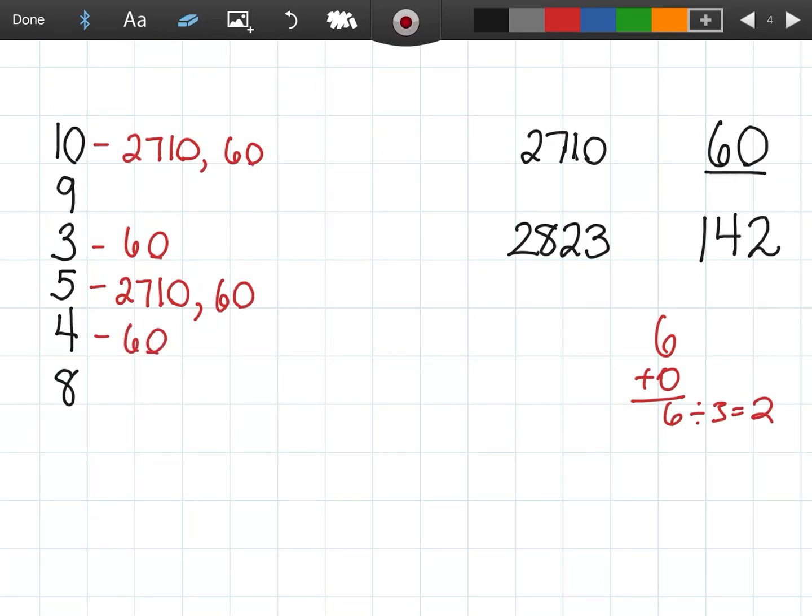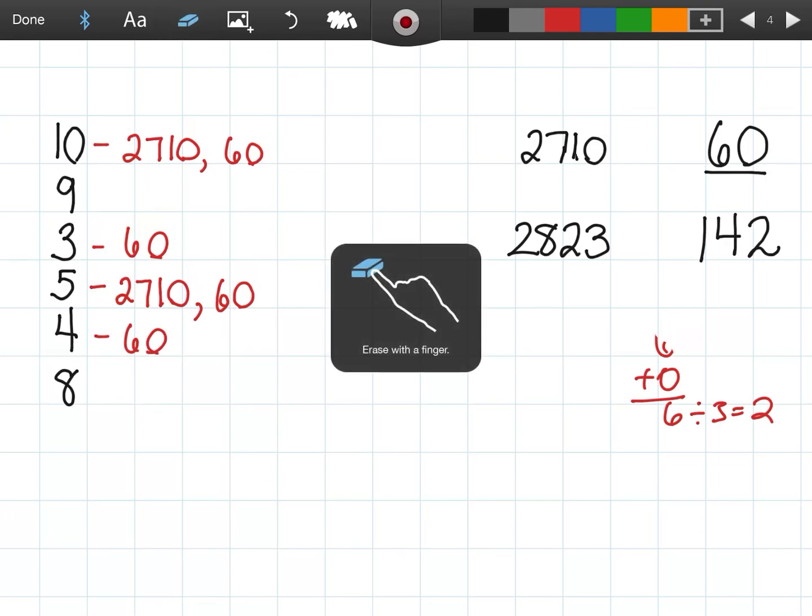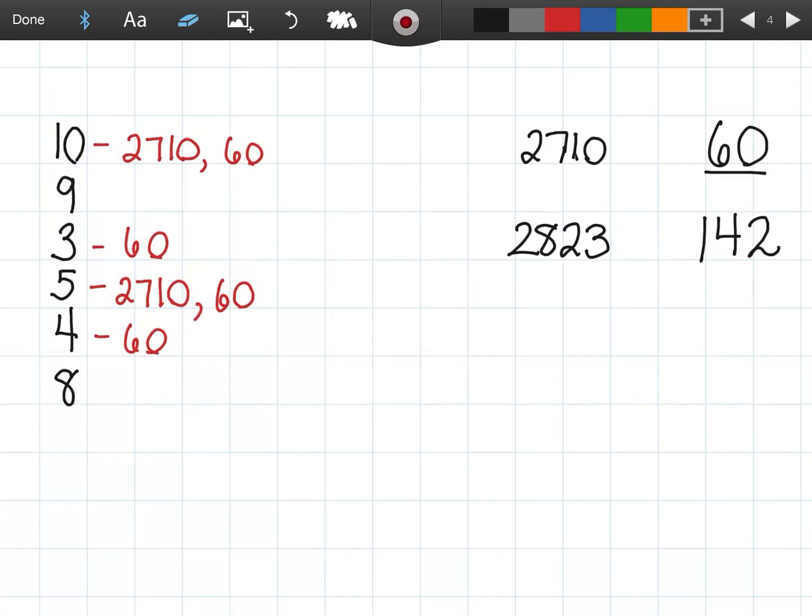And 8, the last 3 digits are divisible by 8. Well, there aren't 3 digits, but we can also do 60 divided by 8, and it doesn't give us an even number, it gives us 7.5, so it can't go there. So let's just clear this up. So we've looked at these 2. So now let's look at